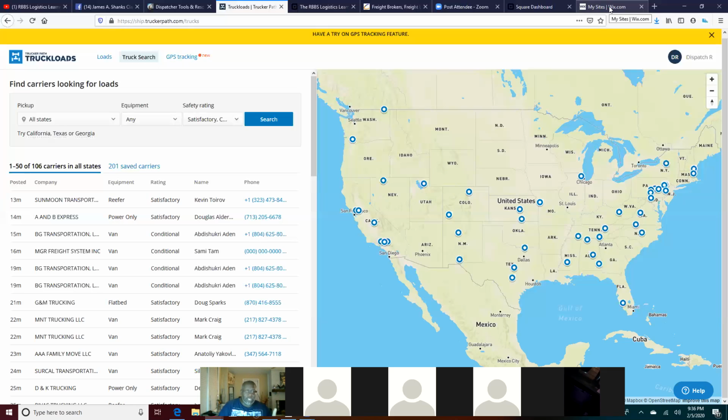For the first infraction, you'll be billed for 60 days, or 2 months. Do it again, you'll be billed for 6 months. Do it a third time, your account will no longer be free. You'll be charged $9.99 for as long as you are posting loads on the load board.